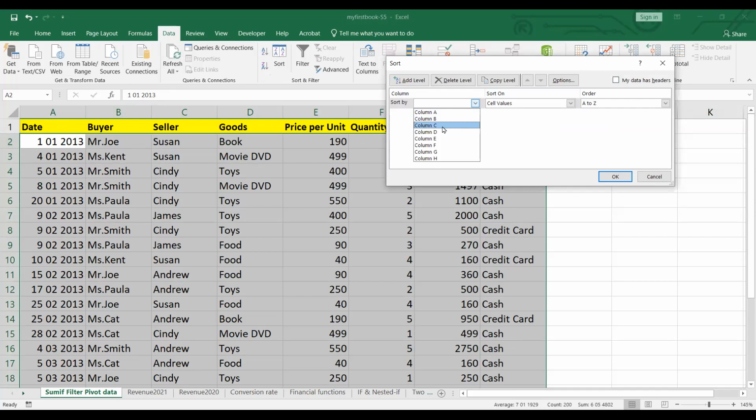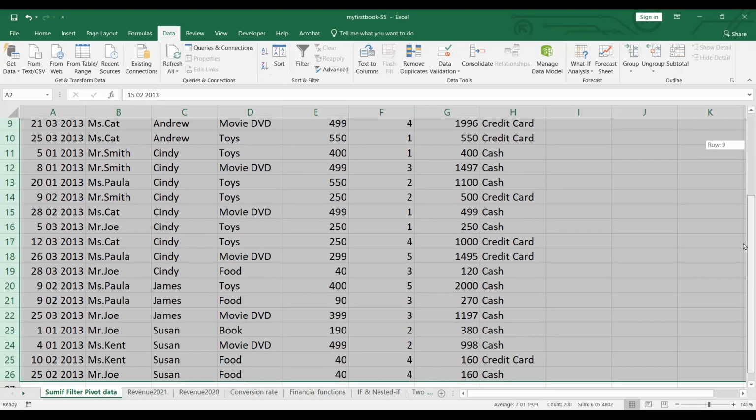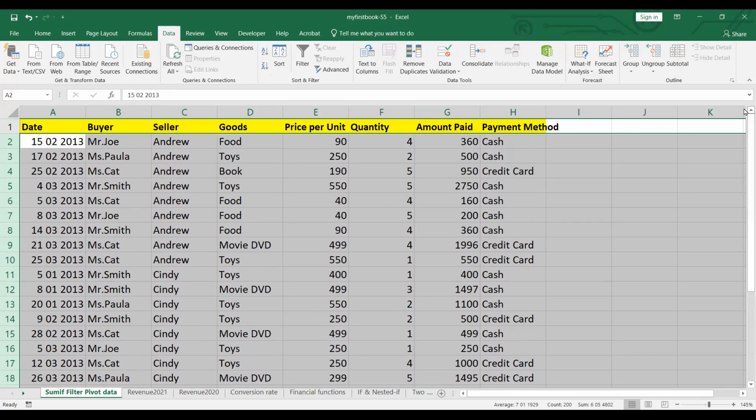Seller is in column C, in here. I click OK. Now I see Andrew, Cindy, and when I scroll down, James and Susan, 4 people, 4 sales representatives. This is the way that somebody does. What happened next? If I say that, okay, the actually the data was sorted by something before that I don't